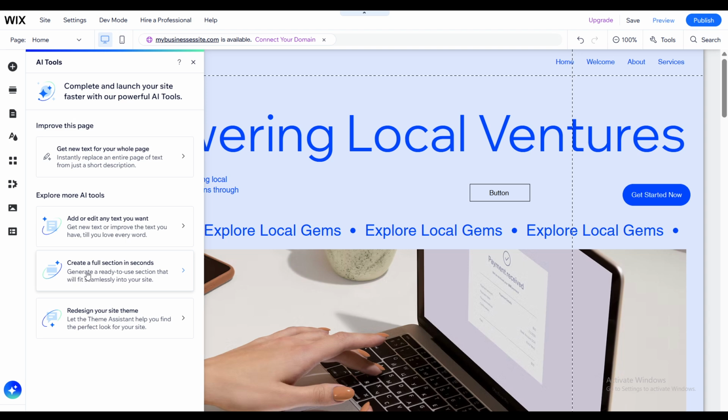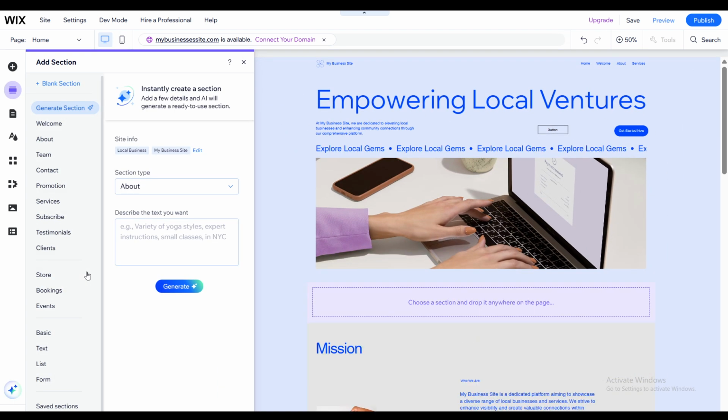This is where the magic happens. Clicking this option invokes a prompt that allows you to specify the elements you want to be included within your new section. Crafting your content thoughtfully here is important because the AI will tailor it to fit responsively across different